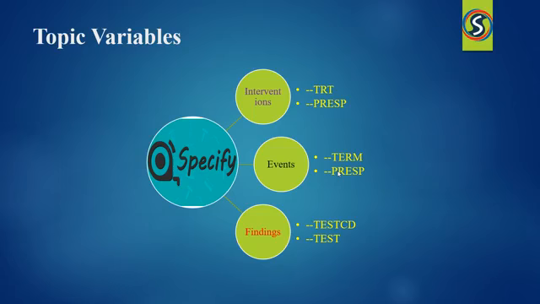So your test code and test values should be populated with the code and description of the test found in the specified text. Suppose your specific tests are not pre-specified on a CRF and the investigator has the option of writing free text for tests, then the name of the test would have to be coded to ensure that all your test code values and test values are control terminology and are not free text.